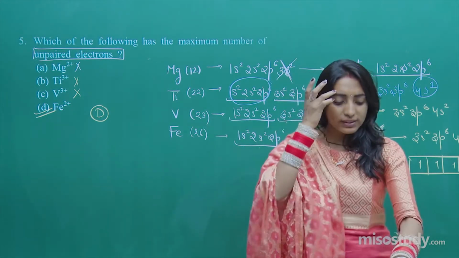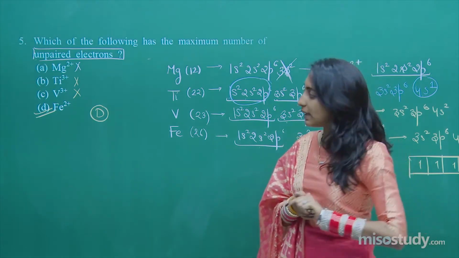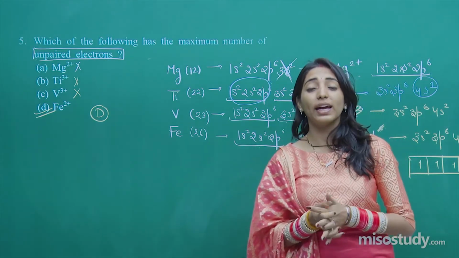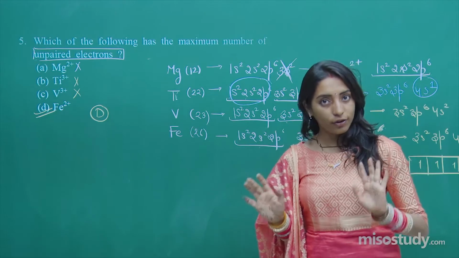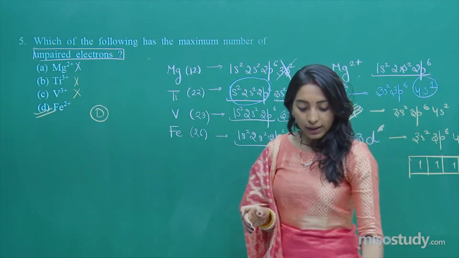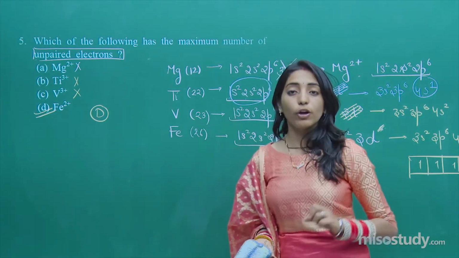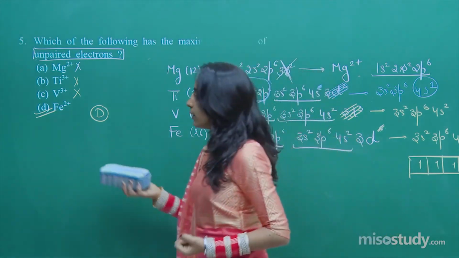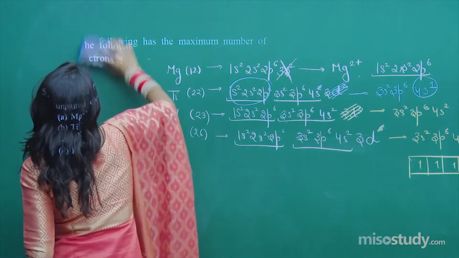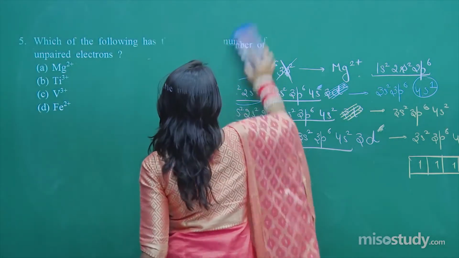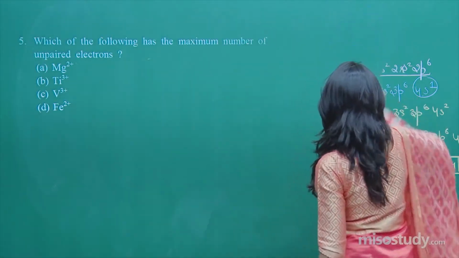I don't think it was that difficult a question. I mean, it was easy, provided that you should not be making any silly mistake. So let's do one thing. First of all, I want you to note down this thing, and then we will be moving on to the 6th question. Fine? So I think if I rub here this side, you would have written that side of the board.